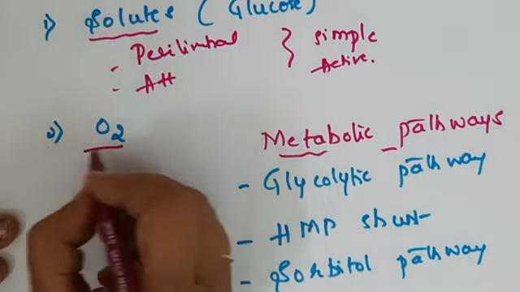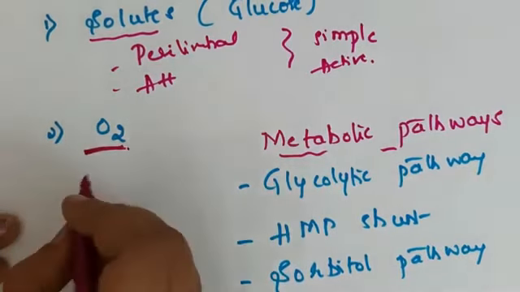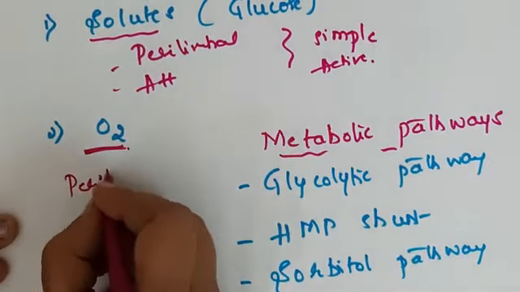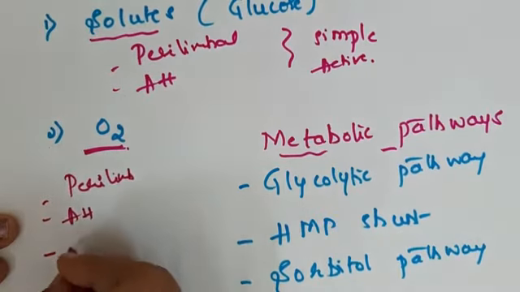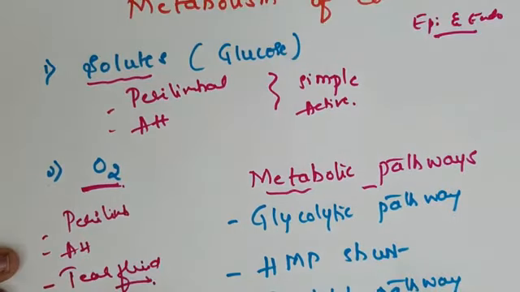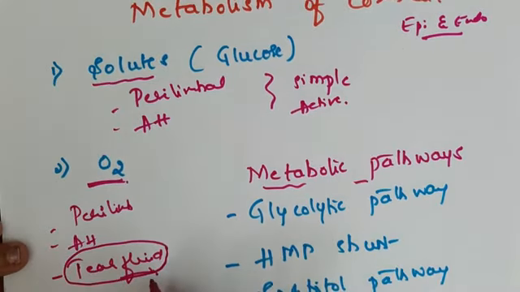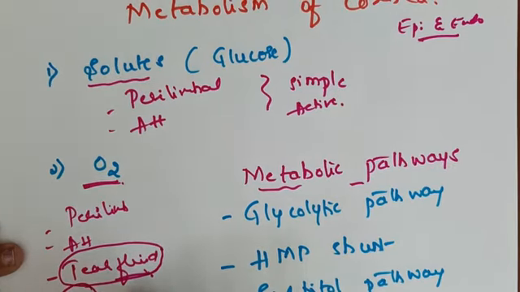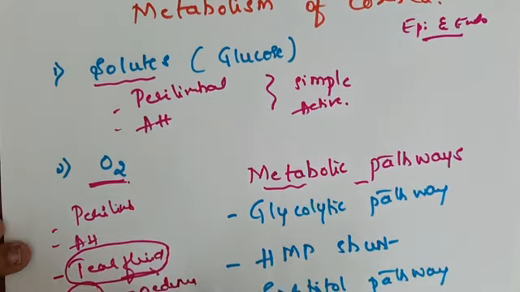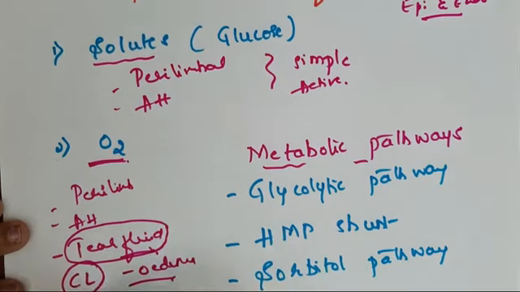The second important thing is oxygen. The source of oxygen is again the perilimbal capillaries and the aqueous humor, as well as diffusion through the tear film. From the atmosphere through the tear film it will diffuse into the corneal layers. The oxygen from the tear film is the important source of oxygen supply to the cornea. So in contact lens users, the cornea is deprived of oxygen, which can lead to edema of the cornea.